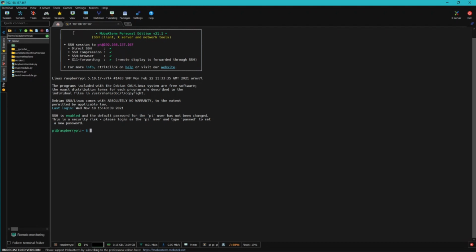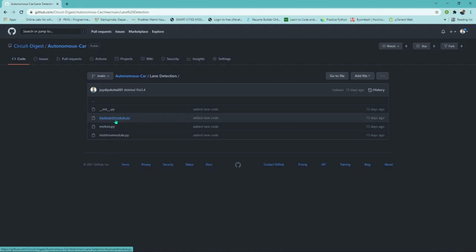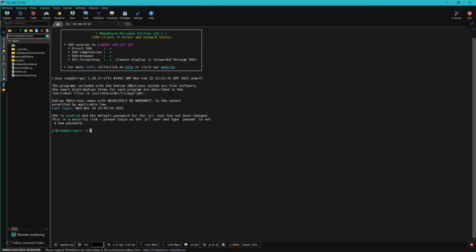I am using the MobaXterm software to open the Raspberry Pi file structure. I have imported the 3 files that I told you about, motors.py, keyboard_module.py and test_drive_module.py, and as you can see here we have all of them. Then you need to go to this path; in your case it might be different.